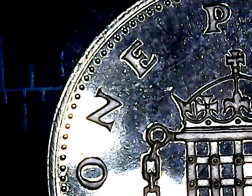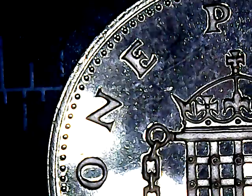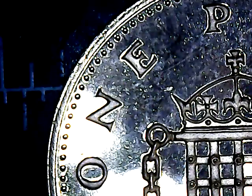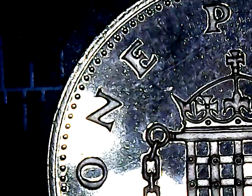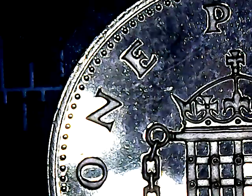The precision and the quality control, but they didn't show you. They showed you all these masses of coins going through and getting struck, but they didn't show you whether the mint proof coins get separate attention. From what I saw on that video, they will pick one coin out of the lot as it's going along and do a spot check. Well, if you're not doing this in a specific way, then this coin could have got through as a mint coin,